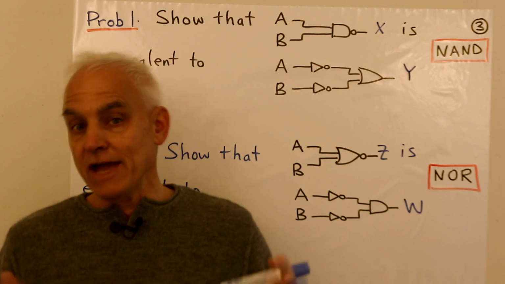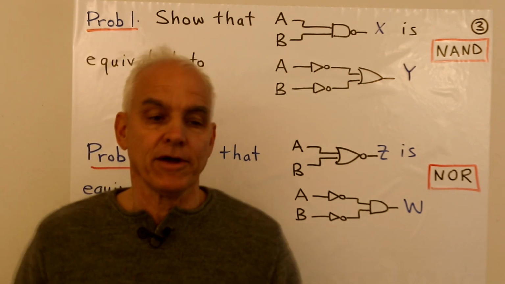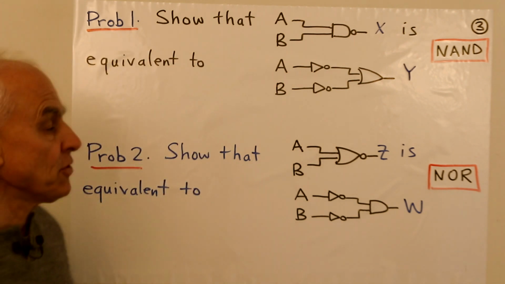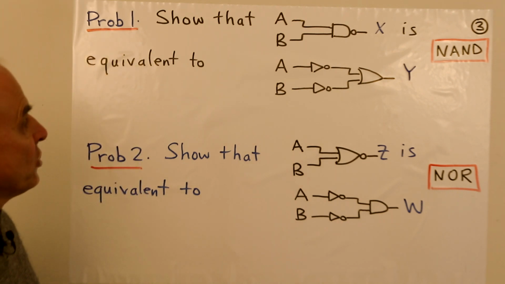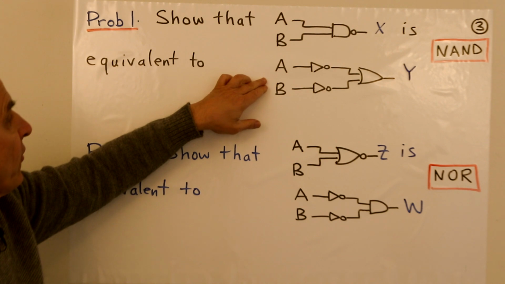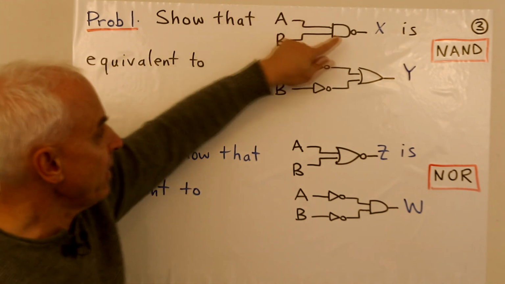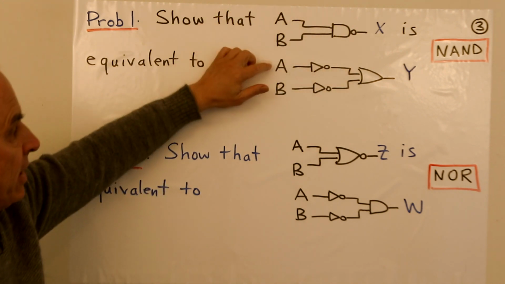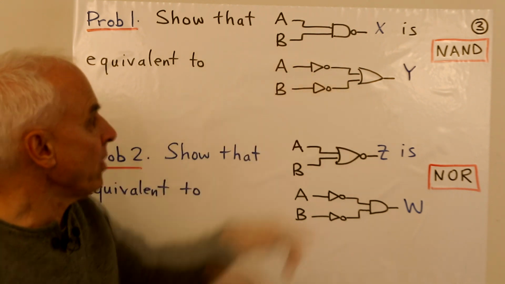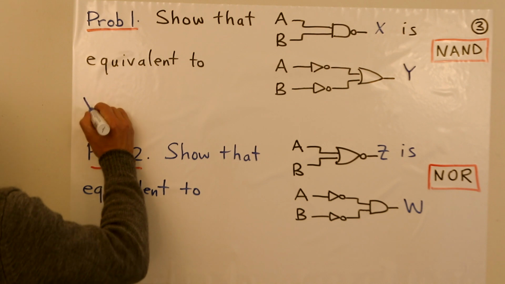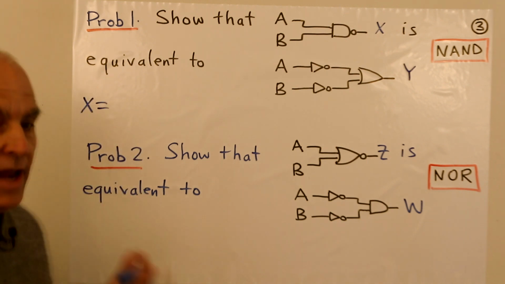All right, so we're going to take a hands-on approach today. We're going to solve problems directly, and you can follow my work. Hopefully it will be correct. Okay, our first problem is show that these two circuits are equivalent. Here we have a NAND gate, inputs A and B. Here we have A and B. We have inverters there, and then we have an OR gate. Okay, so let's write expressions. What is X? Well, that's a NAND gate.